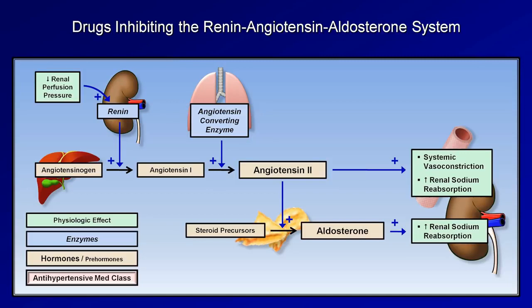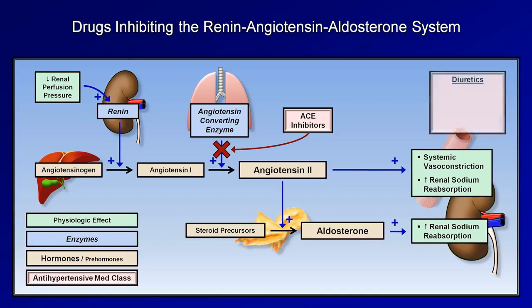Starting with the two most important, angiotensin converting enzyme inhibitors, commonly called ACE inhibitors, block the conversion of the inactive angiotensin I to the active angiotensin II. Diuretic medications, which are a particularly diverse class, including thiazide, loop, and so-called potassium-sparing diuretics, directly interfere with renal sodium